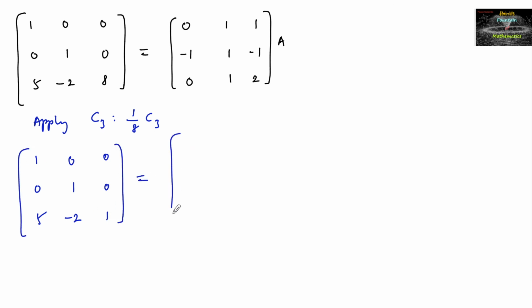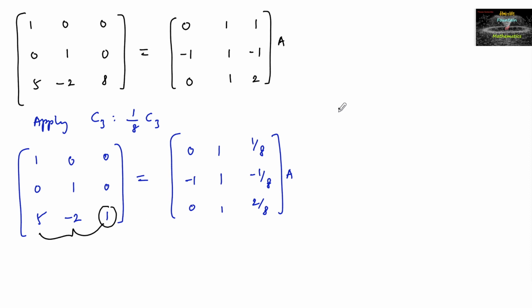Similarly the other side, first column as it is, second column as it is, and third column we can write 1 upon 8, minus 1 upon 8, and 2 upon 8 into A. Now using this one, you have to make the remaining two elements zeros. So let's apply column 1 minus 5 times of column 3, and column 2 it's a minus 2, so plus 2 times of column 3, so that this implies